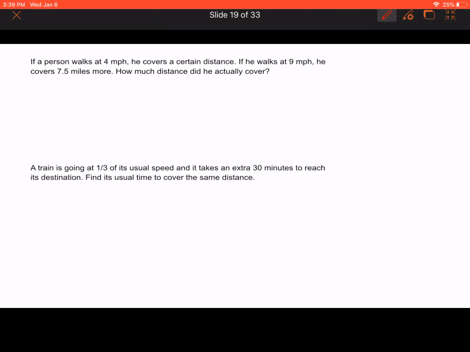If a person walks 4 miles per hour, he covers a certain distance. If he walks 9 miles per hour, he covers 7.5 miles more. Okay, how much distance did he actually cover? So here they want to know the distance covered, d. The time is not mentioned at all here, so it's very simple. We have to find the d